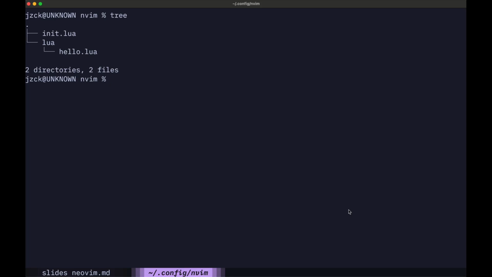So I hope this video has been somewhat helpful to explain how different Neovim configurations work, and how you can start building your own one, start understanding your own one, and hopefully you'll see another video come out where we'll go a bit more into plugins and setting up a plugin manager,